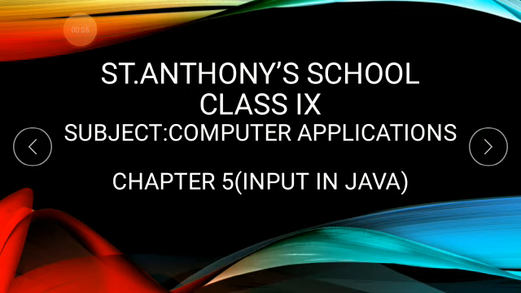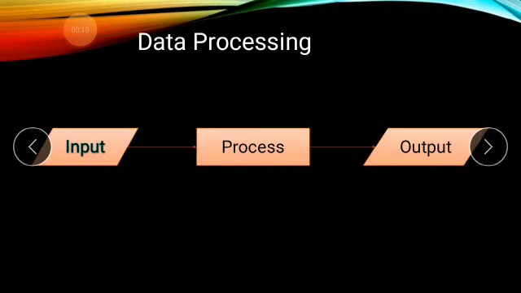Today, we are going to start our new chapter, Chapter 5: Input in Java. Data Processing. Till now, we have done many programs, and in the programs, we do some logic and get the result. And we show the result by using the output statement. If we use the output statement, the result will be shown on the output device, and that is called the